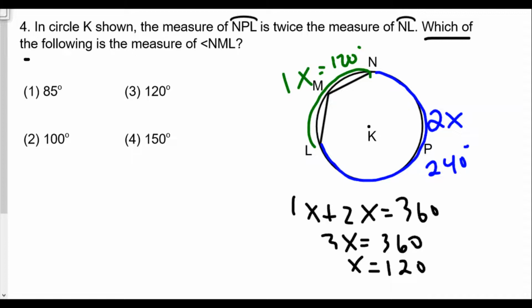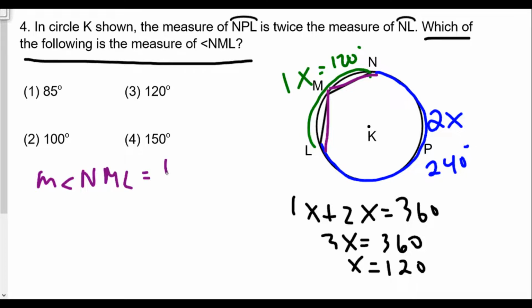Which of the following is the measure of angle NML? So angle NML is this inscribed angle, and the arc caught inside of the mouth of the angle is arc NPL. So the measure of angle NML